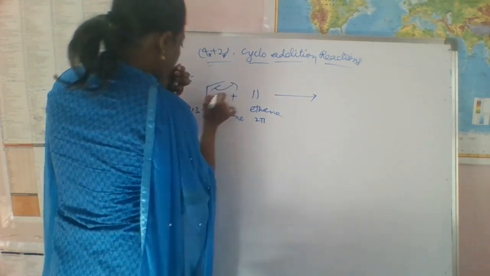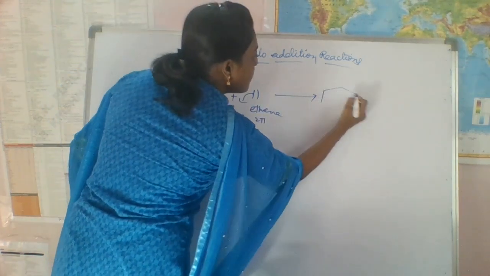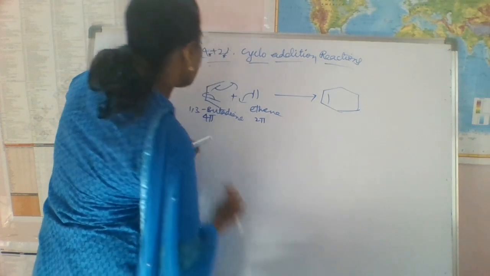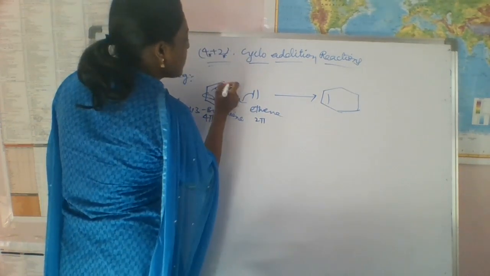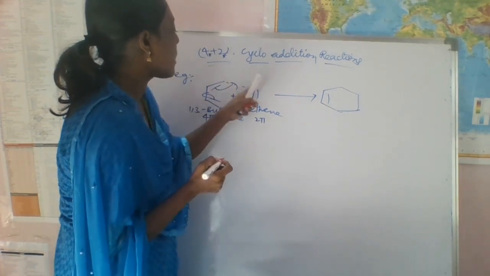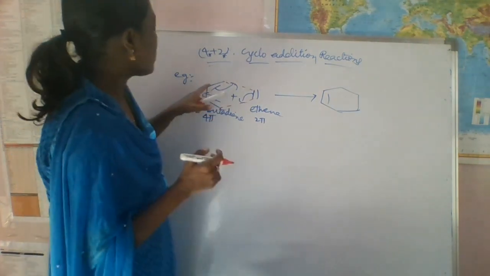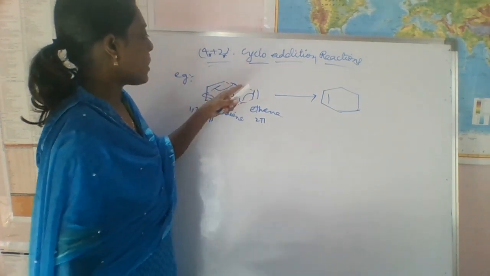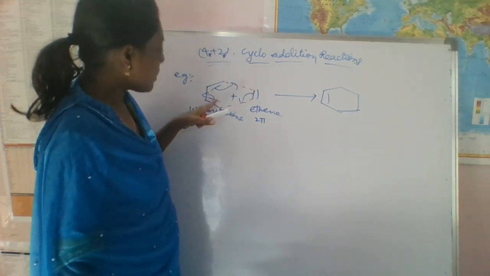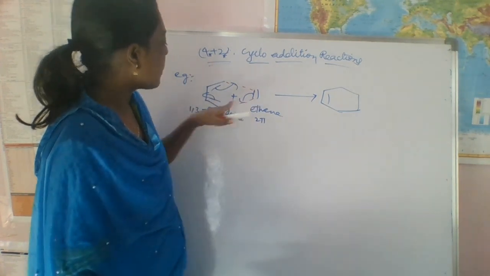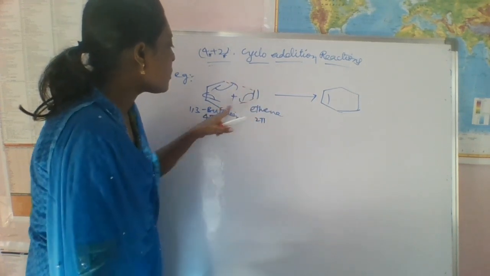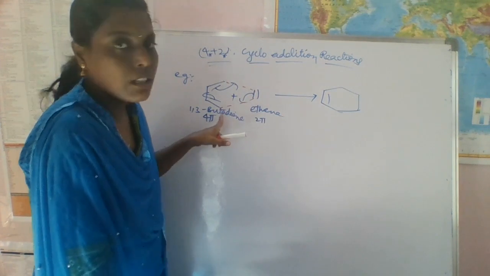So what will happen here? We have to shift this bond, so then we'll get this cyclic product, right? One cyclic transition state will be formed. Here a new bond is formed between this carbon and this carbon, and this carbon and this carbon. If you shift this bond pair of electrons, these carbons get deficient, so it will shift to here, right? Then this carbon gets deficient, so these pi bond electrons are involved in making a new sigma bond between this carbon and this carbon, right?